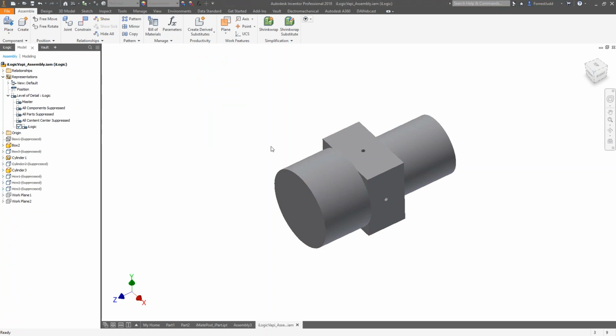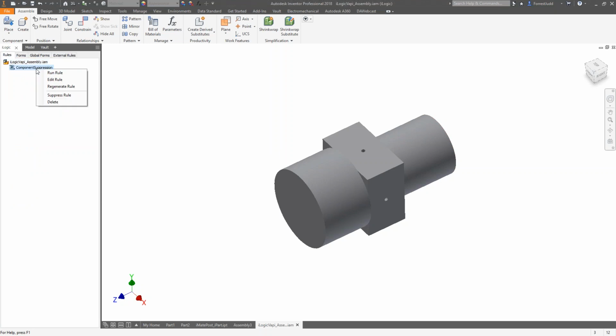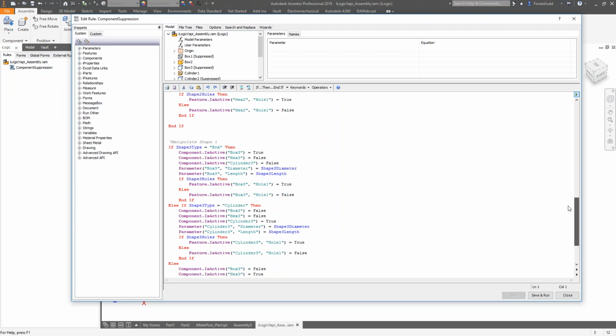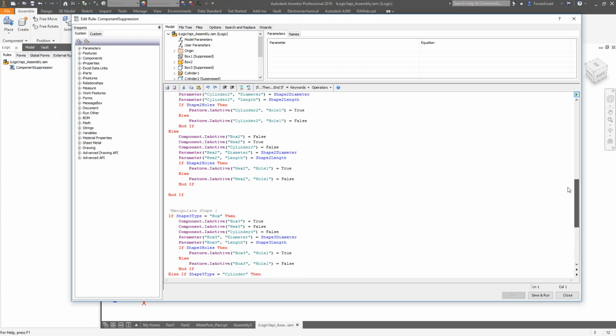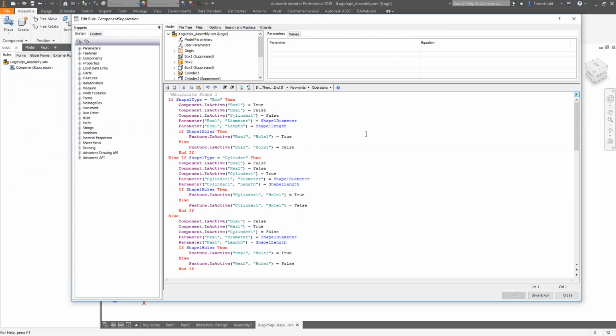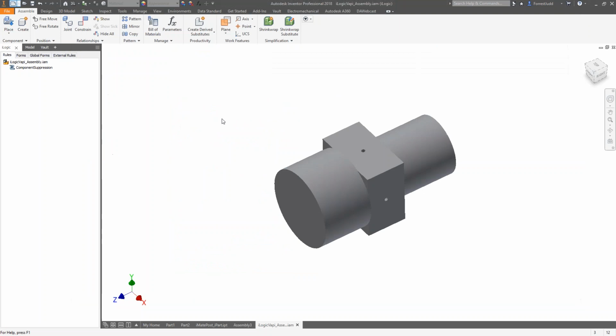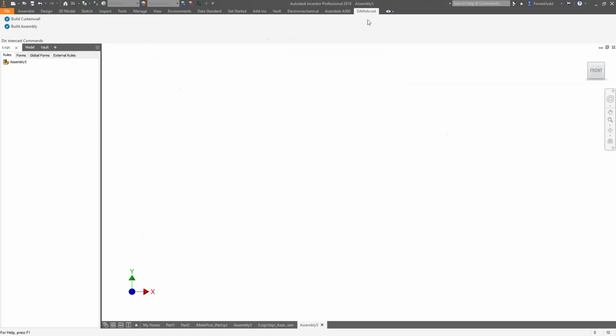So iLogic is not a great way to build an assembly like this, because if we look at the rule, it requires all of this code because everything has to be manipulated for every case. Every time I need to go to 4 shapes or 5 shapes, I've got to manipulate all 5 shapes with my rules. And the rules get very long very fast. If you don't know much about programming or add-ins, at least it will get the job done. But a better implementation might be a custom add-in where, first of all, you can provide a slightly different user experience